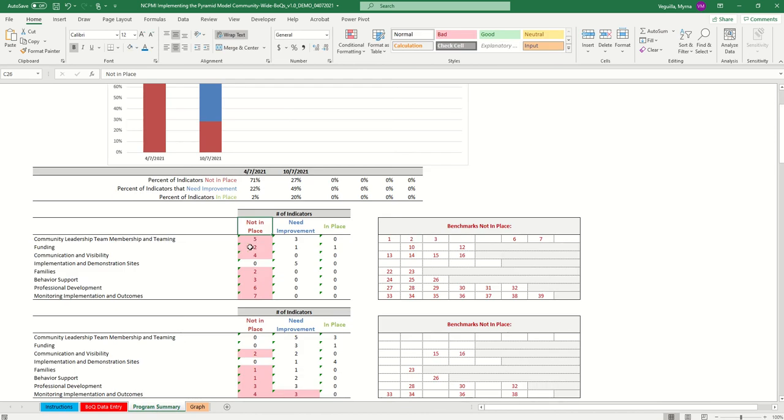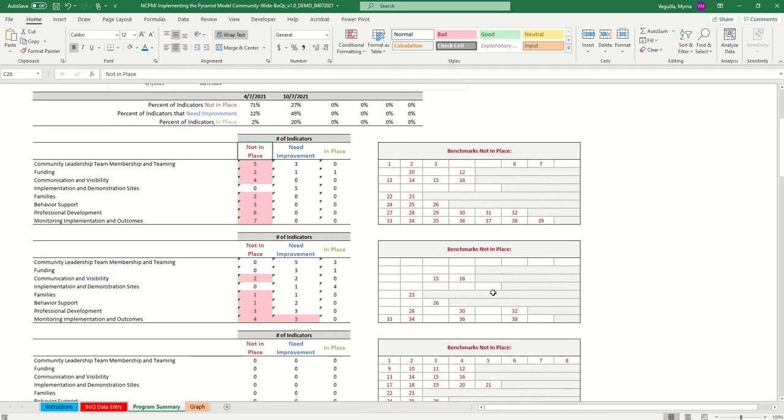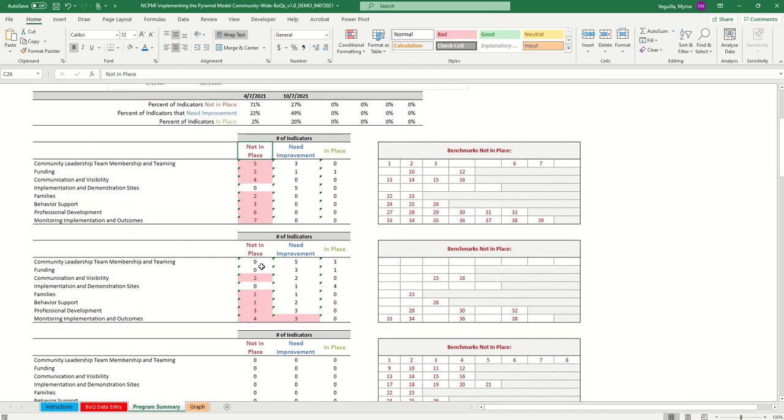And then the next one, funding, you'll see that there are 2 indicators that are not in place, 1 that needs improvement and 1 that's in place. The 2 that are not in place are number 10 and number 12. And so it does that for each one of the elements. And then as I scroll down, you can see